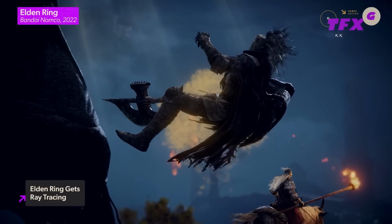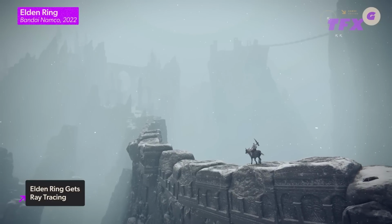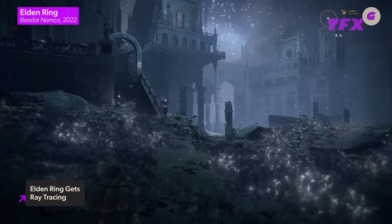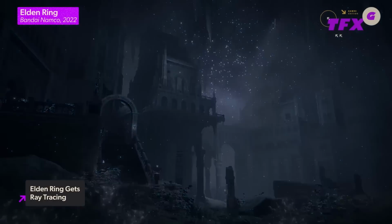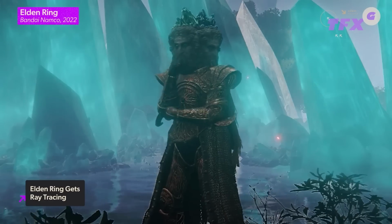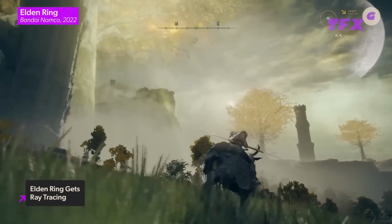Ray tracing can be toggled on and off via the Game Options menu on console and via the Graphics menu on PC. Bandai Namco did caution that both frame rate and resolution may be impacted while playing with ray tracing on. Along with the new ray tracing option, the 1.09 patch brought a slew of bug fixes and balance adjustments